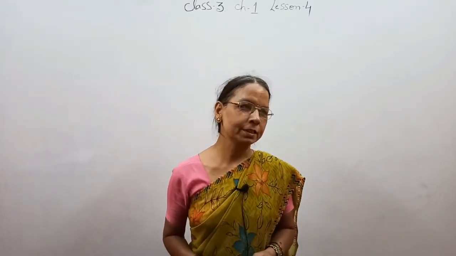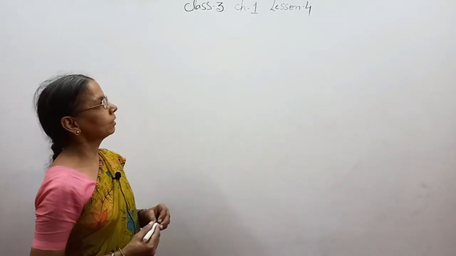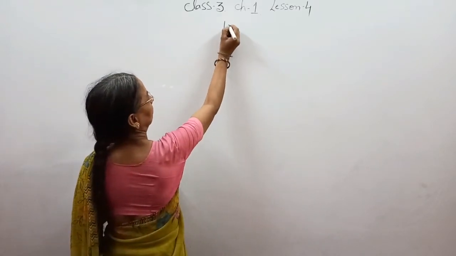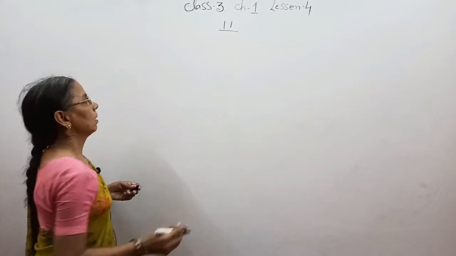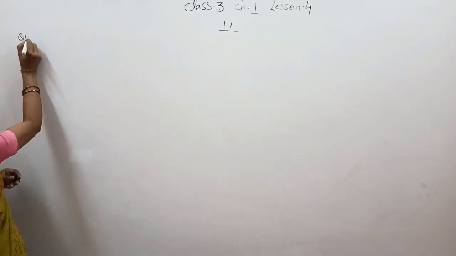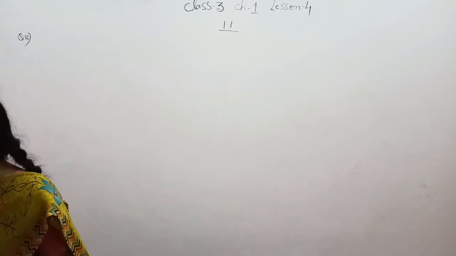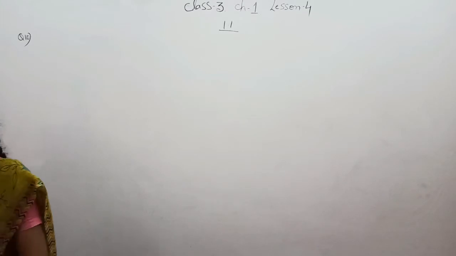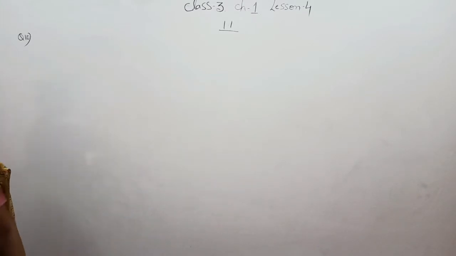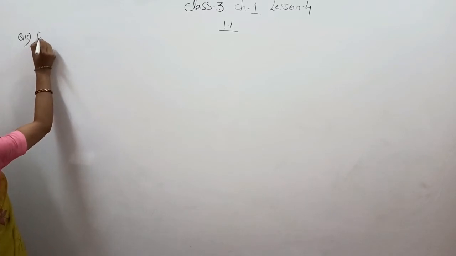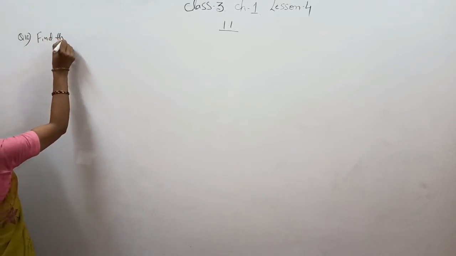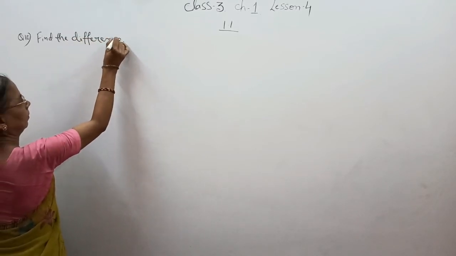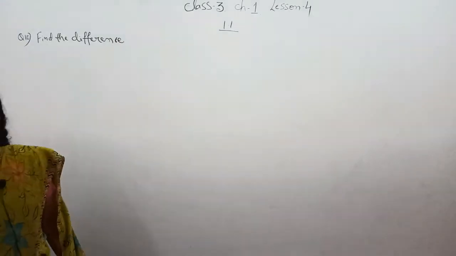So, good morning students. Today we continue the exercise which we left yesterday, that is 1.1, question number 10. In this we have to find the difference between the place value of 1 and the place value of 5 in the numeral 1057. Find the difference between the place value of